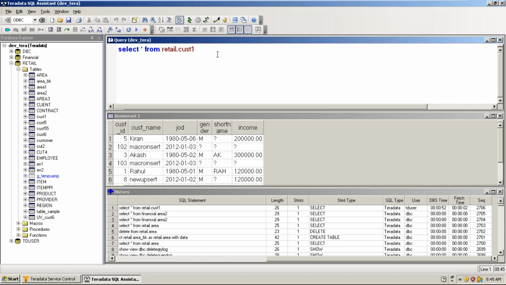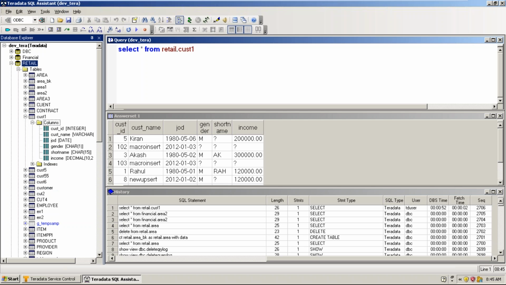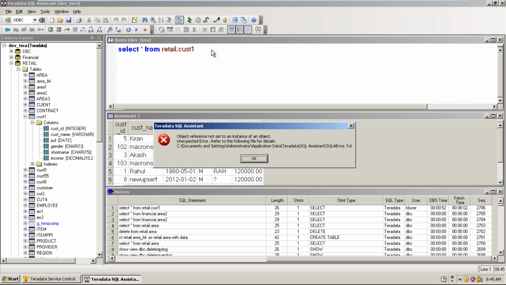Now if you would like to show the definition of the table, you may go to the table, see the columns, and we have a command called show.